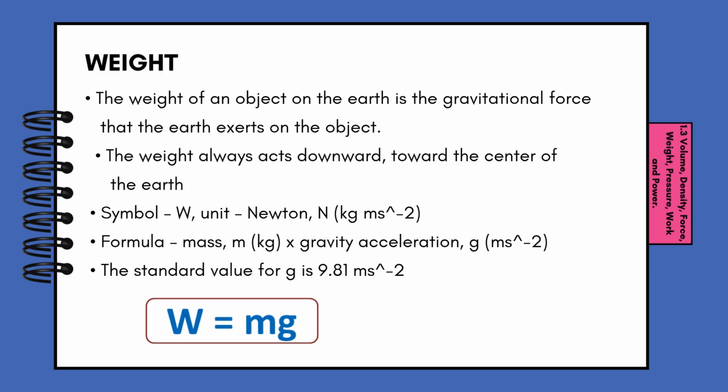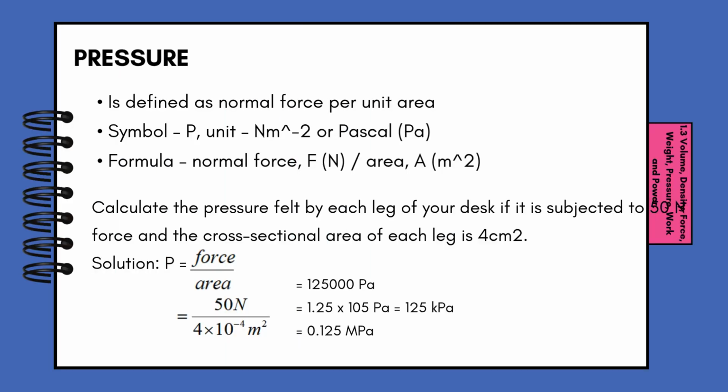Next, let's move on to pressure. Pressure is the force applied per unit area. The formula for pressure is pressure P equals force (N) over area (square meters). For example, a chair with 4 legs has a different pressure on the floor compared to a needle pressing into a surface. The smaller the area, the higher the pressure. Now, let's calculate the pressure exerted by a desk leg with 50 N force and a cross-sectional area of 4